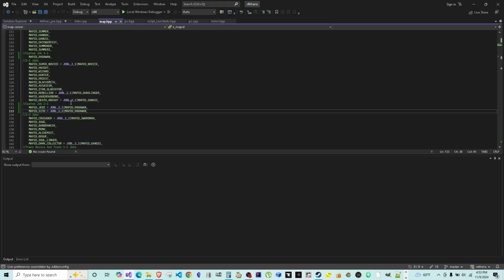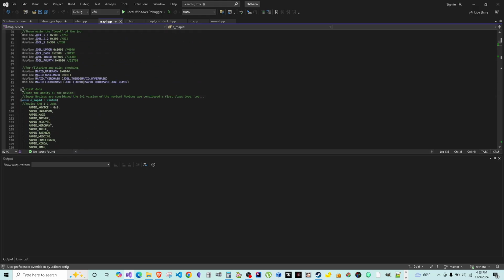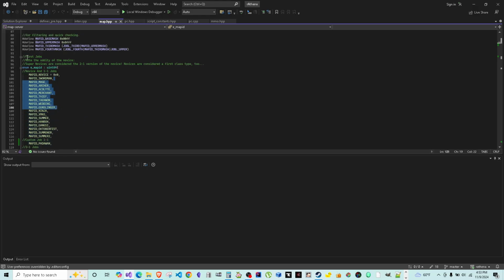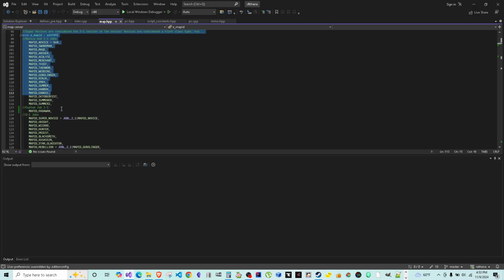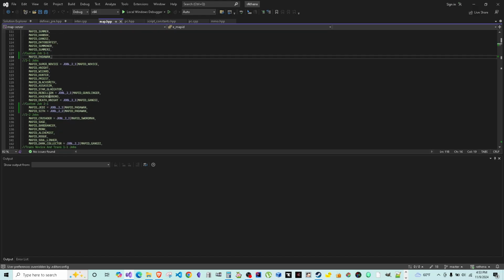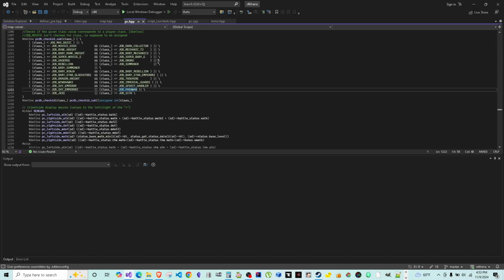Now this is an example of what it should look like in map.hpp. You look for these mentions, and you just put your first custom job. If it's a base custom job, you put it here. And then you take your second job and put it here. All right. Next, you go to the